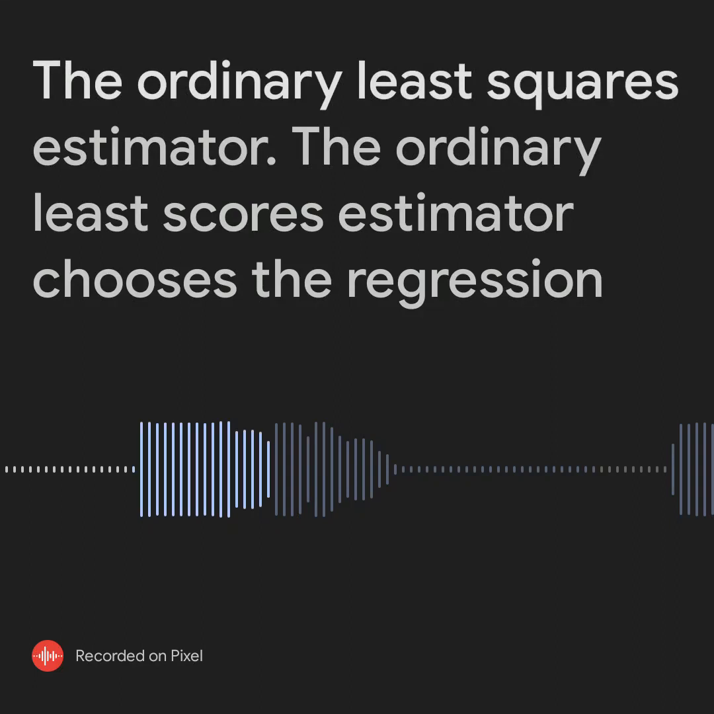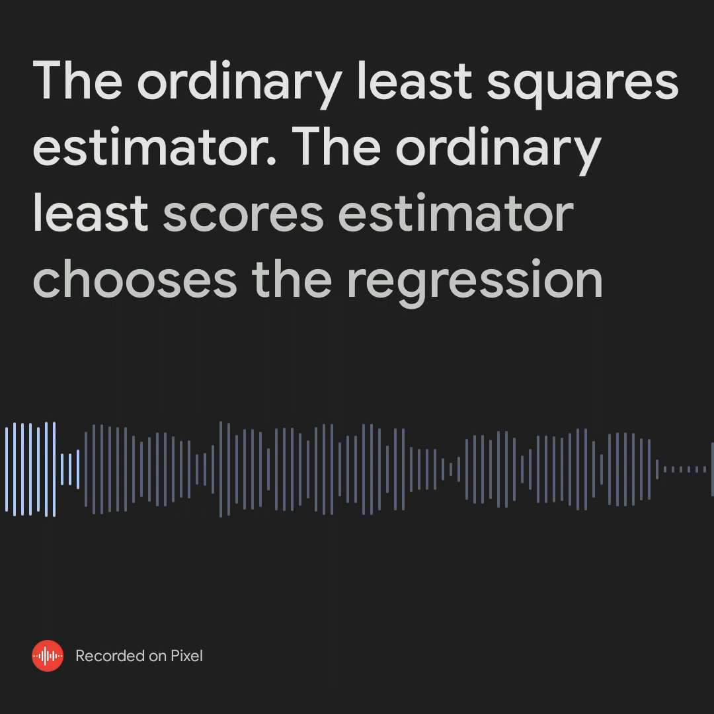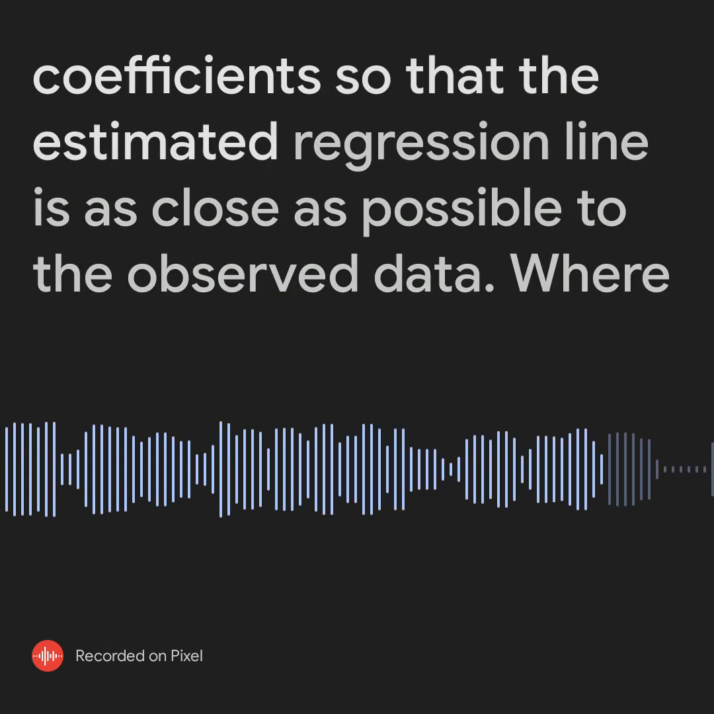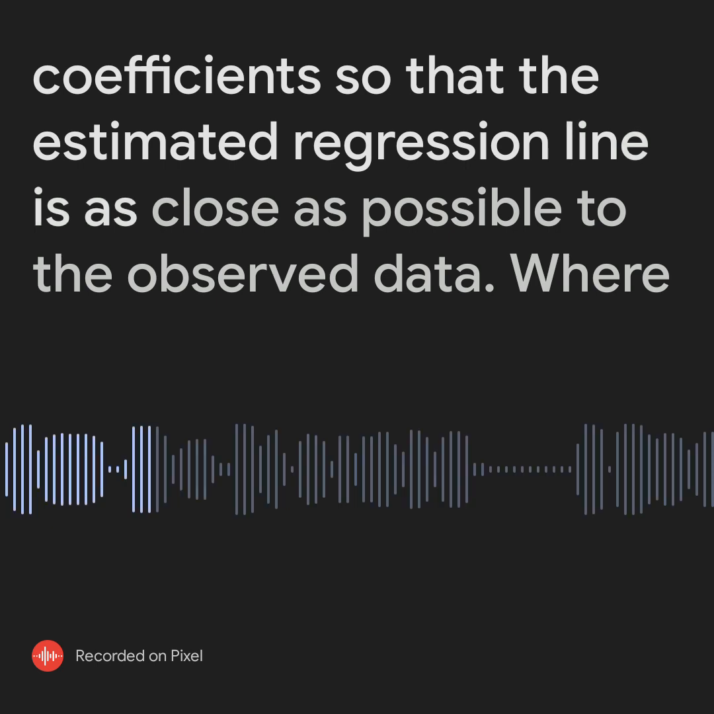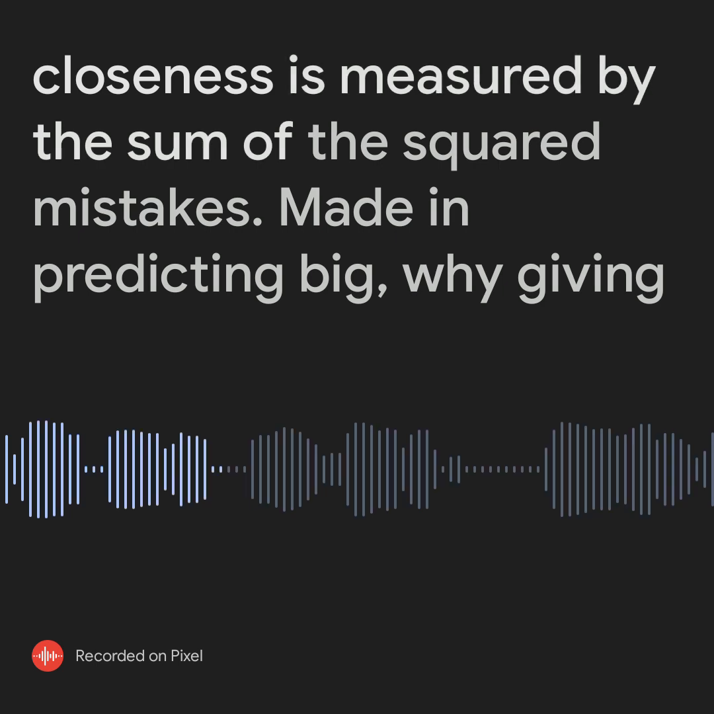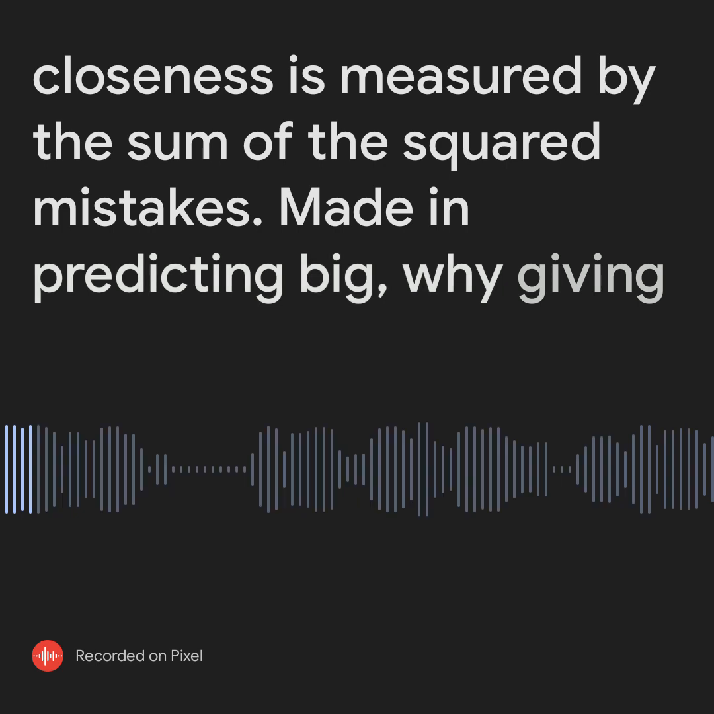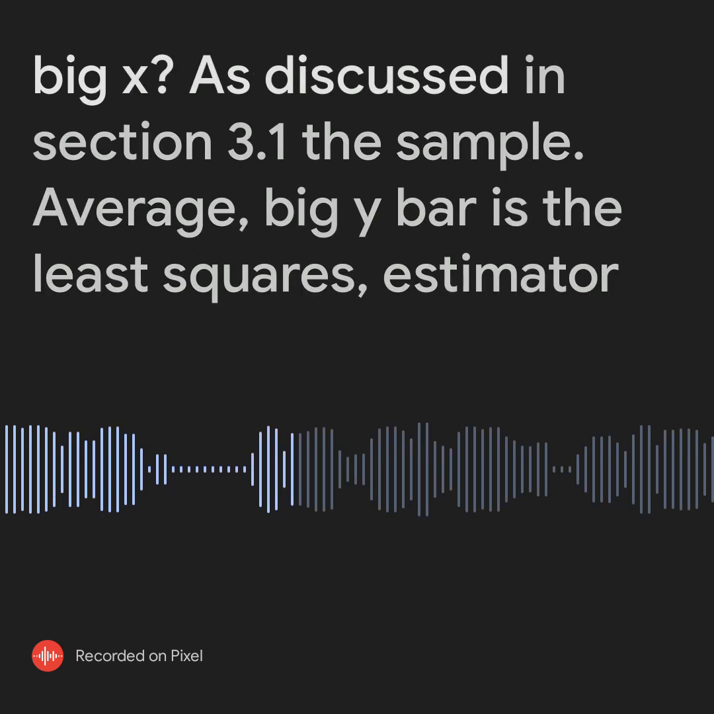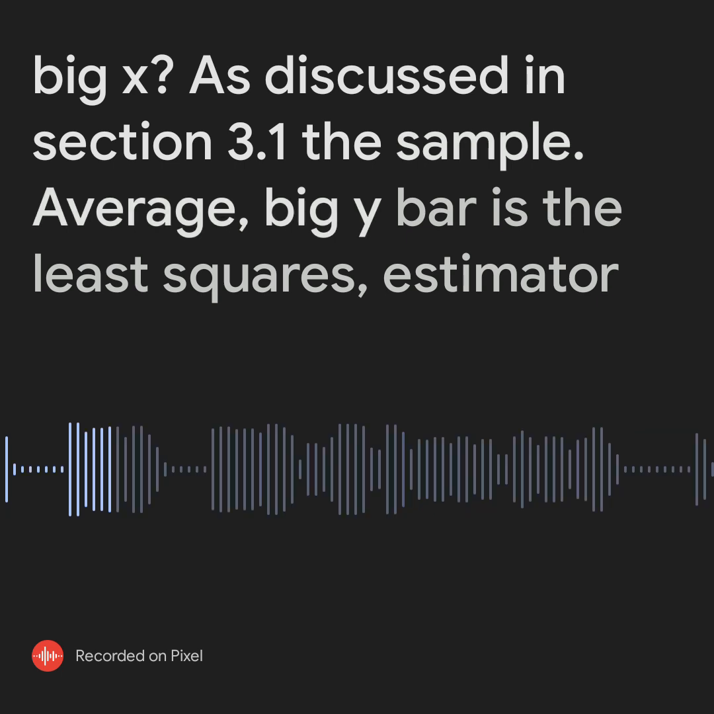The ordinary least squares estimator. The ordinary least squares estimator chooses the regression coefficients so that the estimated regression line is as close as possible to the observed data, where closeness is measured by the sum of the squared mistakes made in predicting Y given X. As discussed in section 3.1, the sample average Y bar is the least squares estimator of